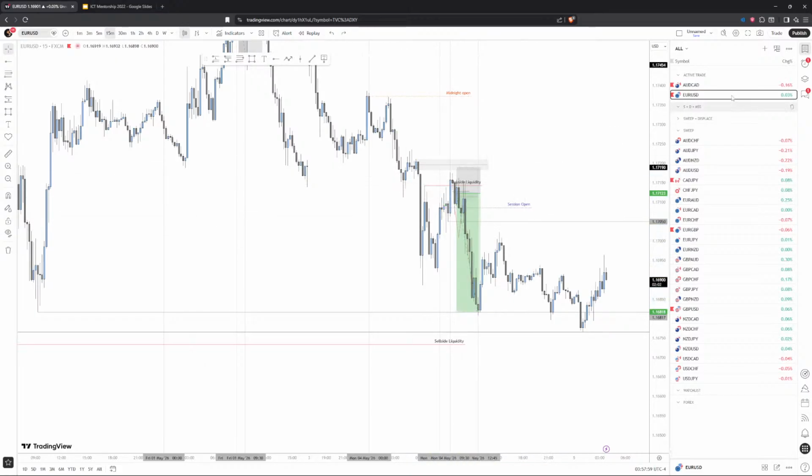Then I can get in, right? So it's just about patience. I think I was too excited to get in. So that would have been an ideal trade. I didn't take this trade, but that is what would have been ideal, right? Then you have the other trade we took,